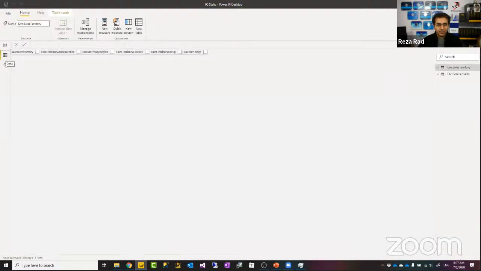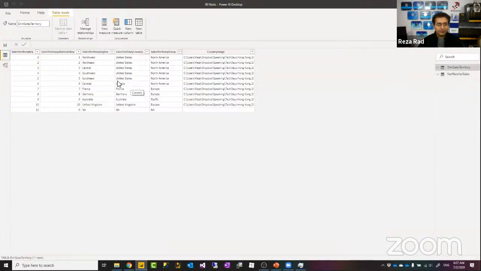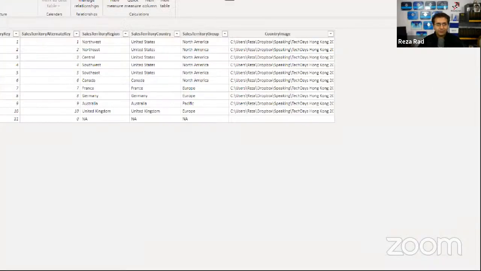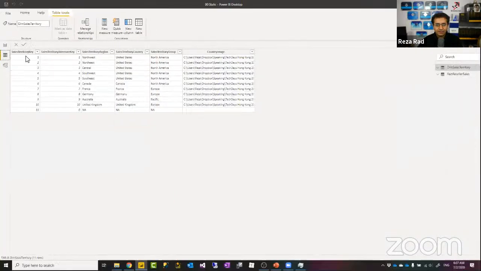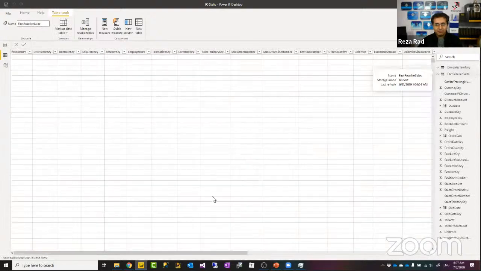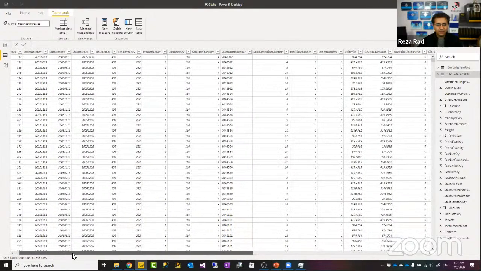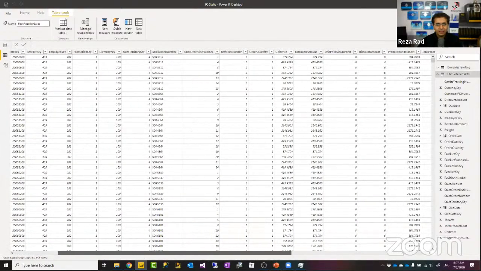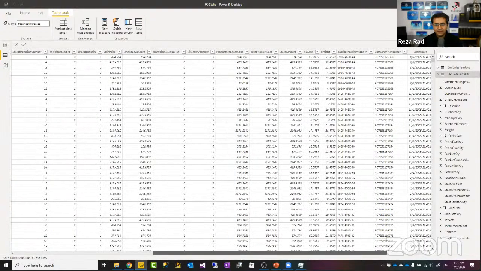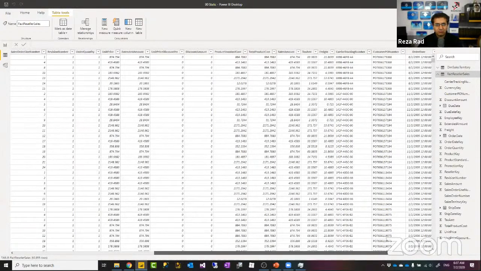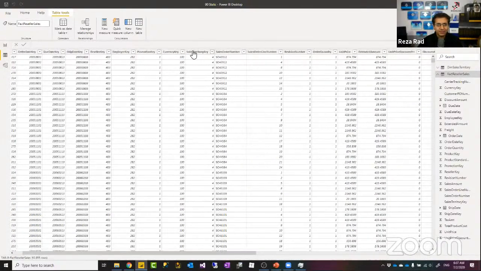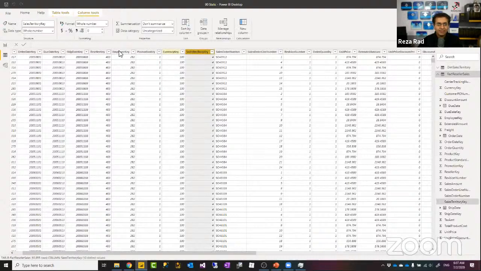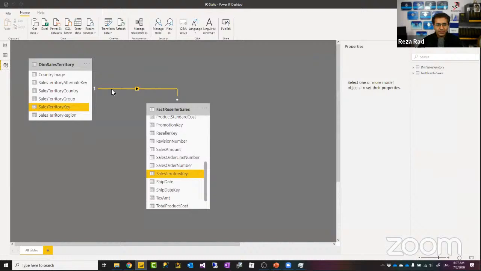Just to show you what the tables look like, the sales territory table looks like this. I have country information such as United States, Canada, Germany, Australia, and things like that. This has a sales territory key, which then in the fact reseller sales, alongside all other information, is one of the columns here. Yeah, there's a column with that. I'm not going to search and find it, but yep, here it is. That is the way these two are related to each other, and we have the relationship already defined.